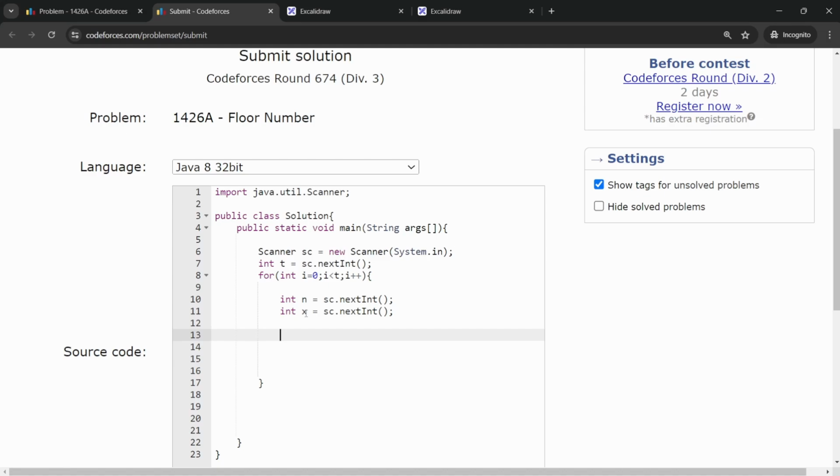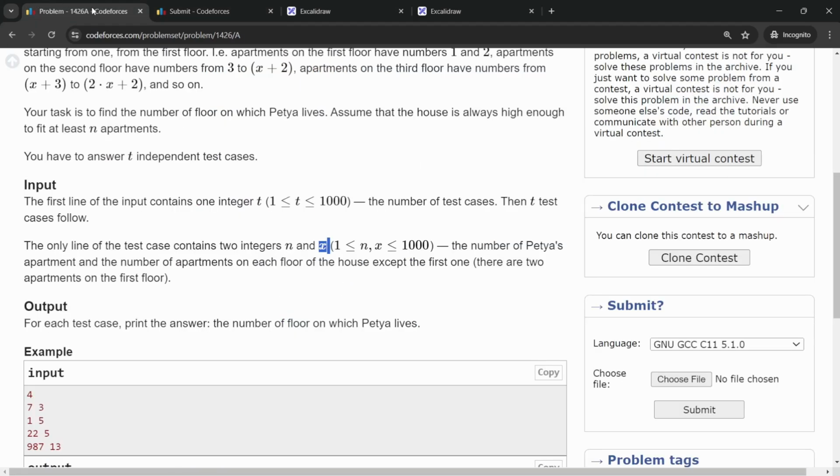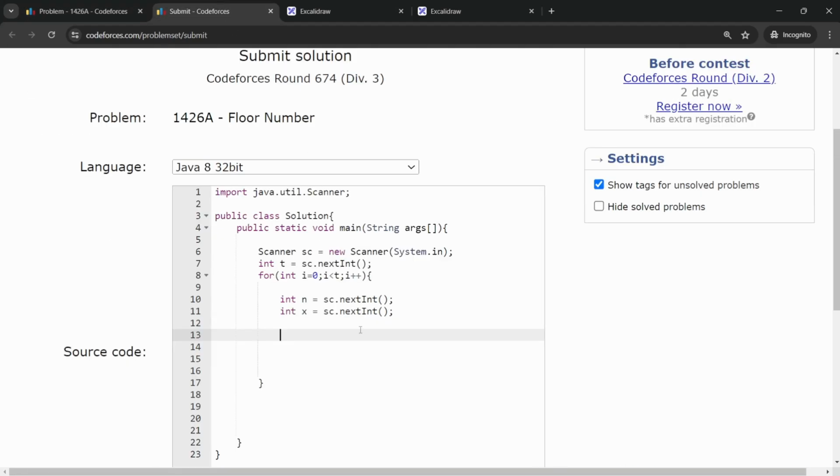Yeah, we have taken these two inputs, and now we will have to start with our edge cases, right? We will have to start with our edge cases. So our first edge case would be if n turns out to be less than or equal to 2. What is n? Again, n is Petia's apartment number, and that is what n is. So if n turns out to be 2,